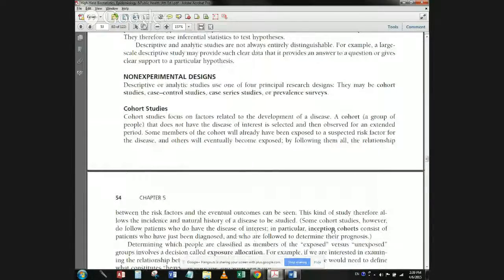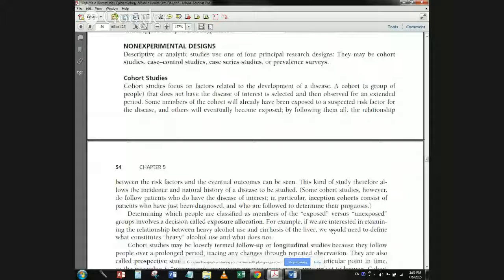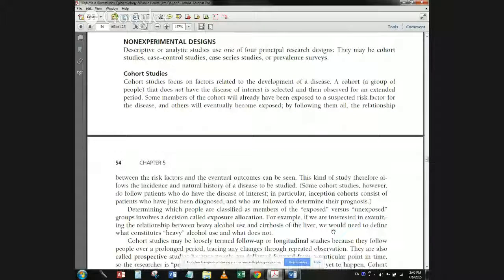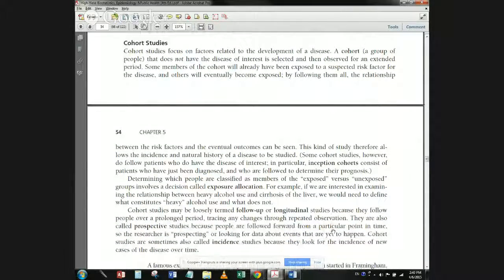Non experimental designs. Descriptive or analytic studies use one of four principal research designs. They may be cohort studies, case control studies, case series studies, or prevalence surveys. Cohort studies. Cohort studies focus on factors related to the development of a disease. A cohort, a group of people that does not have the disease of interest, is selected and then observed for